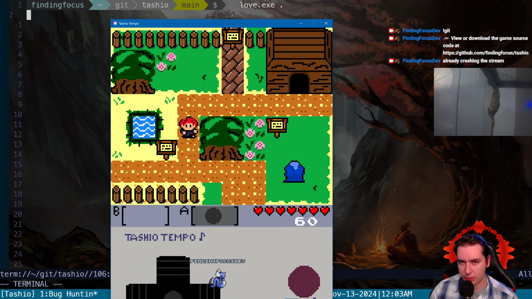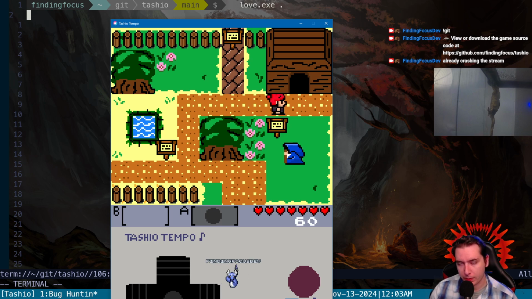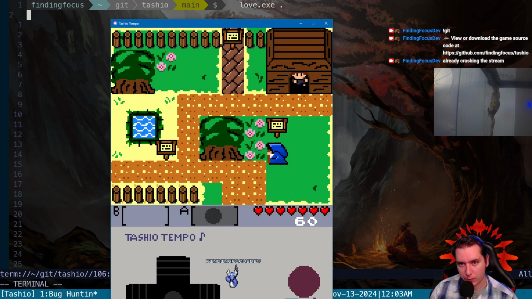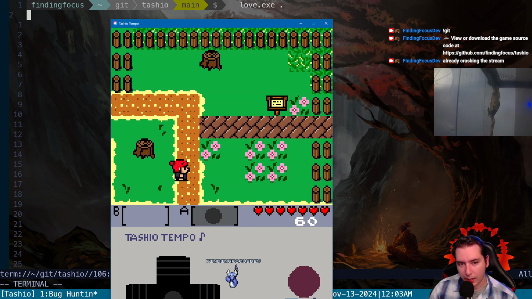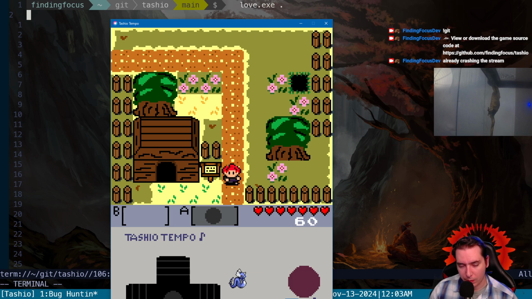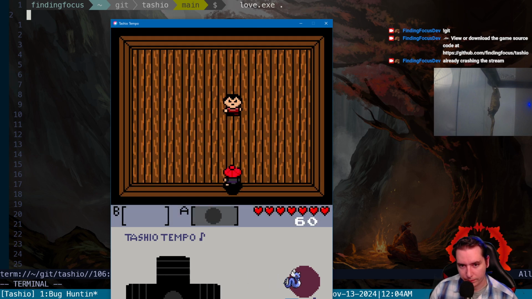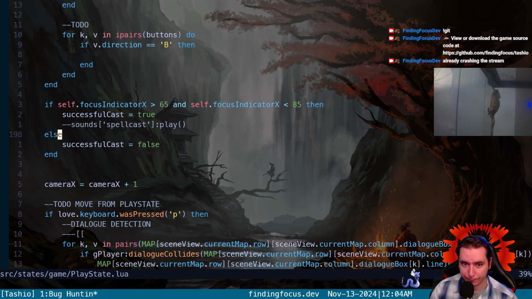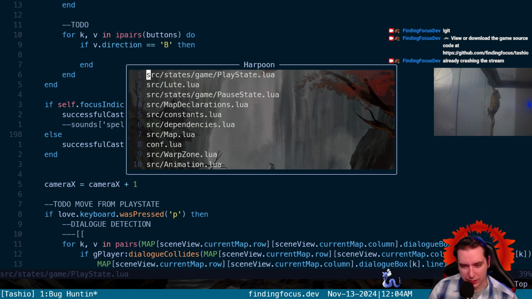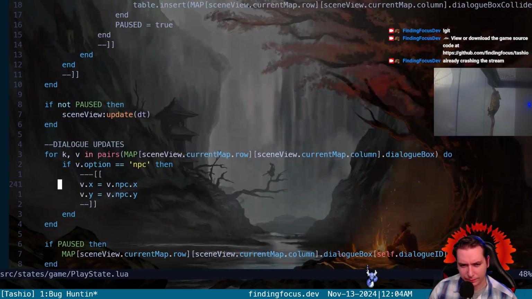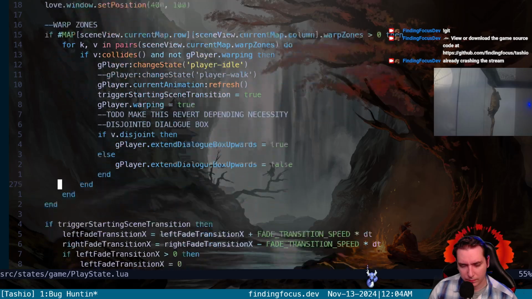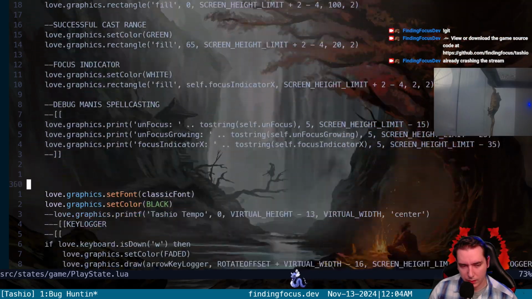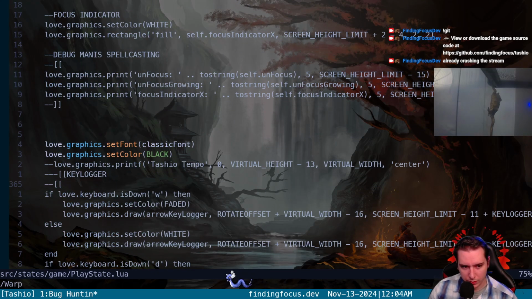So yesterday we tried to optimize our warp zones. What that looks like is the warp zones that we place to teleport from one scene to the other. Now we got it working yesterday, but it is not working correctly in the sense that the params we pass in aren't correct. So let's take a look and see if we can find that. It's in the warp zone inserts,